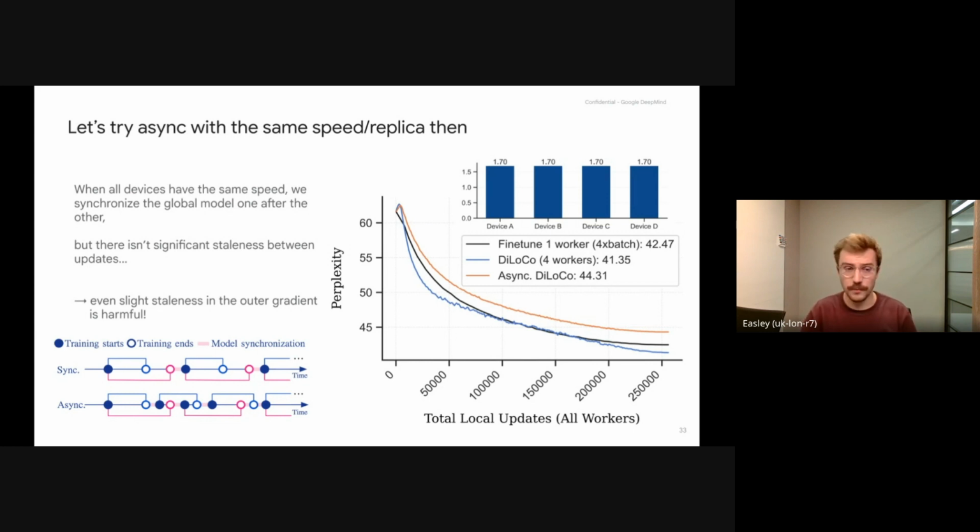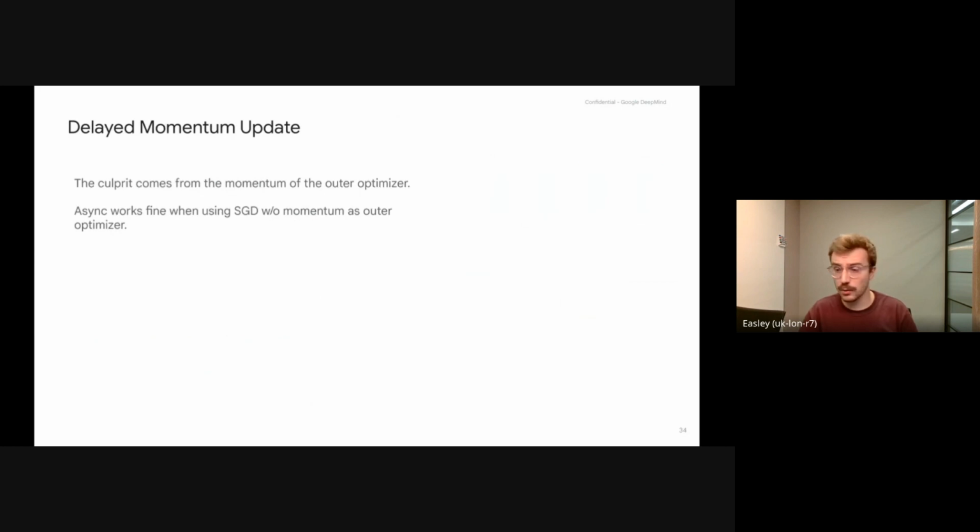You can find in the paper, our lead author, Bolio, made a lot of experiments to understand where this behavior comes from. And we actually found that the culprit is in the outer optimizer. So remember, previously I showed you that the outer optimizer is an optimizer, SGD, Nesterov, Adam, whatever, that is applied on the outer gradient. I've shown you that we could do a basic setting, for example, an outer optimizer that would be SGD without any momentum. And surprisingly, this works quite well in the asynchronous setting.